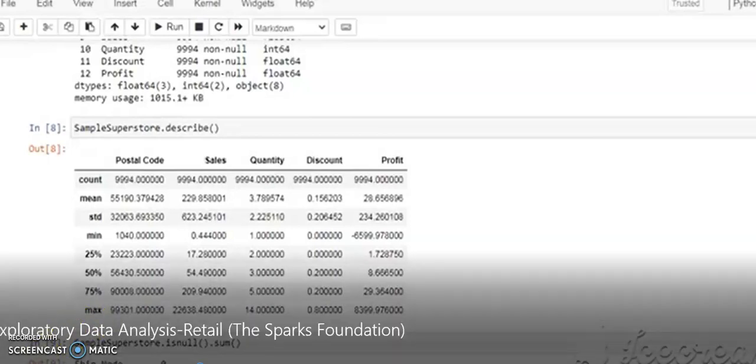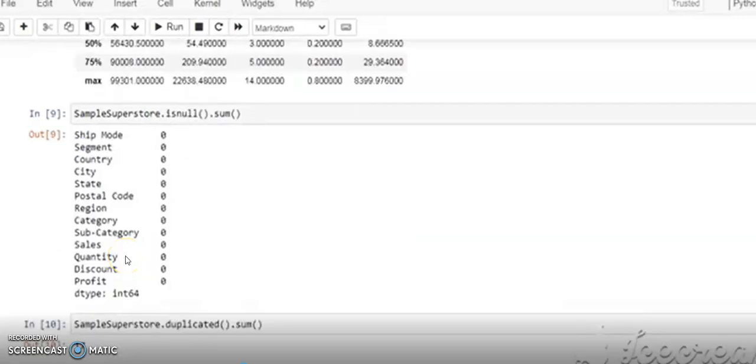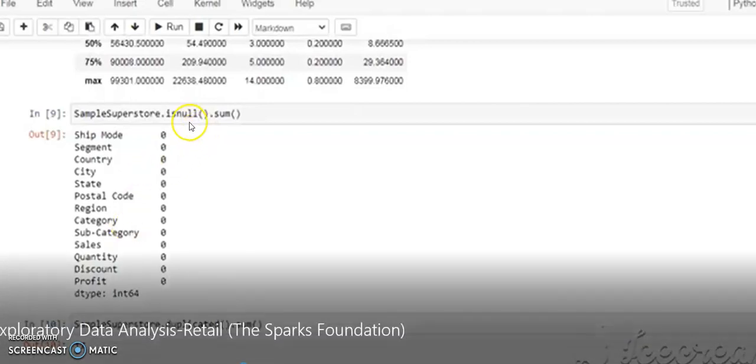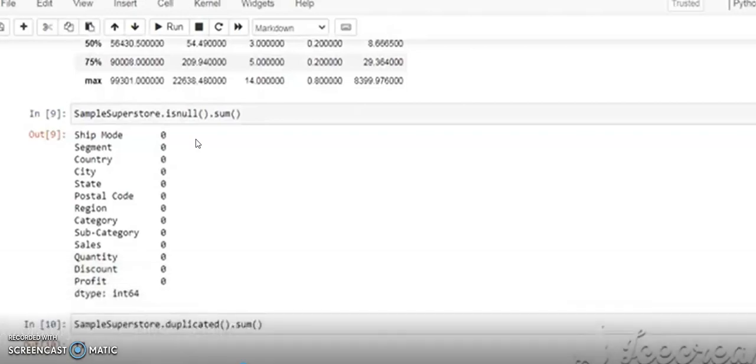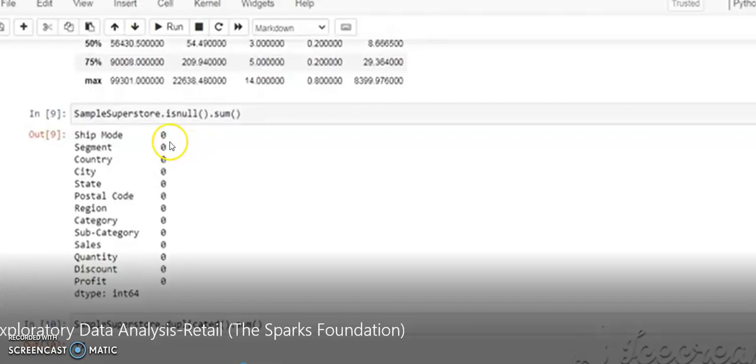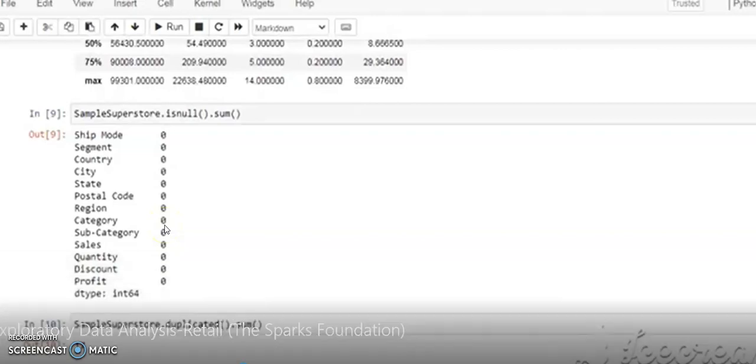Now we have another function, isnull. The isnull function returns the null values in our data frame or data set. If our data set has a null value, then this function returns 1, otherwise 0. As you can see here, all entries are 0 in every column.